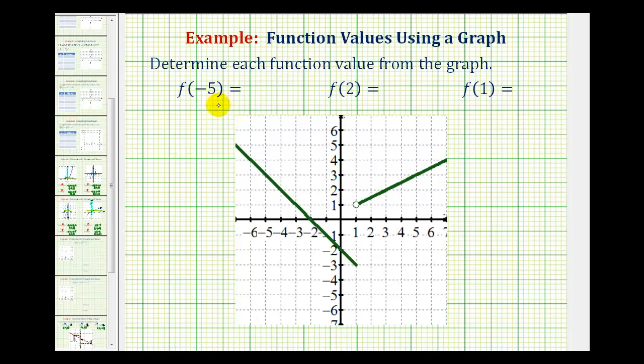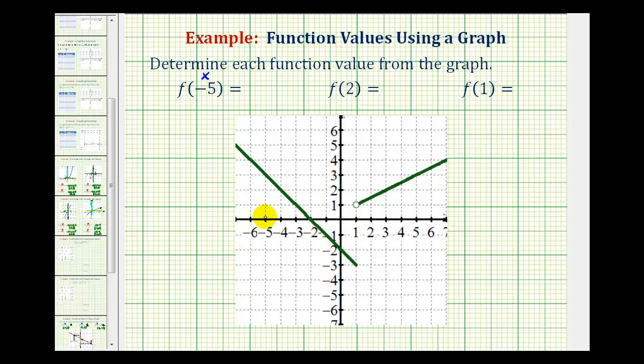We want to determine the function values using the graph provided. The main thing to remember here is that when written in function notation, for example f of negative 5, the negative 5 is the input or the value of x, and the function value or the output would be the corresponding y value. So to evaluate f of negative 5, we'll first locate negative 5 on the x-axis, which is